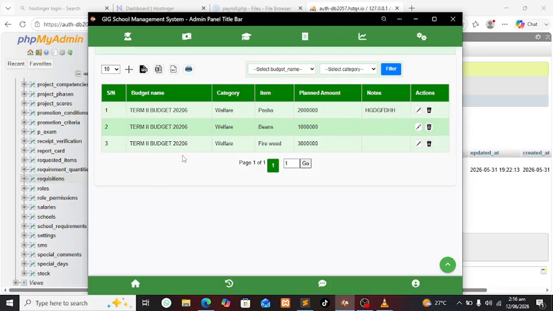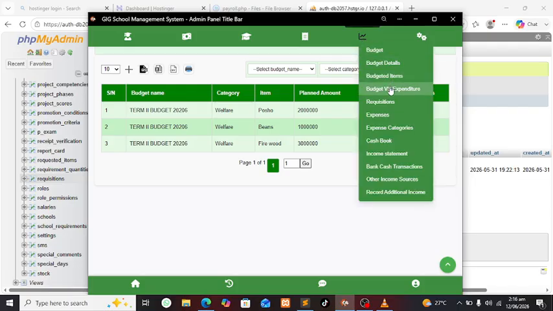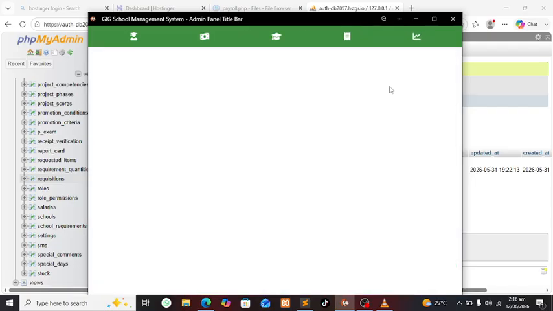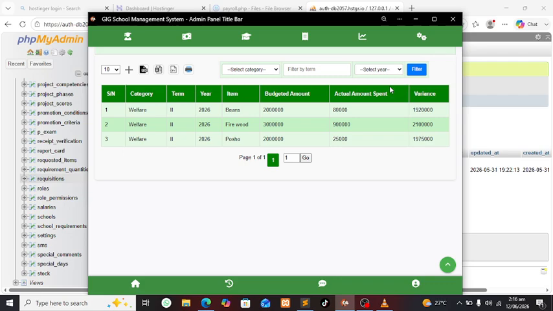spending, the system keeps comparing your budget with your expenditure. And in case you want to see the comparison, you will click this and you click budget versus expenditure. So we have already spent because we are spending, and the items that we spent on are the ones that we added to the budget. So the system has already calculated. We had planned to spend 2 million on beans. We have spent 80,000. So we still have